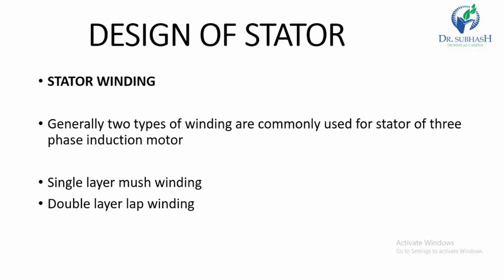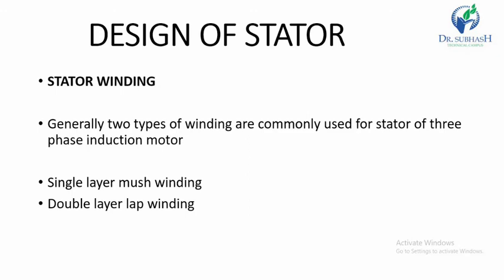Now the connection of winding for an induction motor: a squirrel cage induction motor and a slip ring induction motor. A squirrel cage induction motor is started by a star delta starter and is designed for delta connection with 6 leads for connection of the stator. And for a slip ring motor, we know that there is a starting method by use of resistance. So the stator can be designed either for star or for delta as per our requirement.